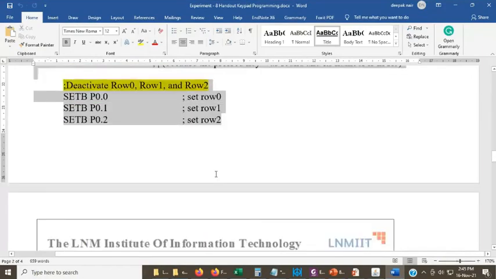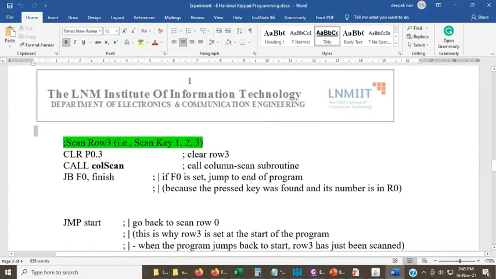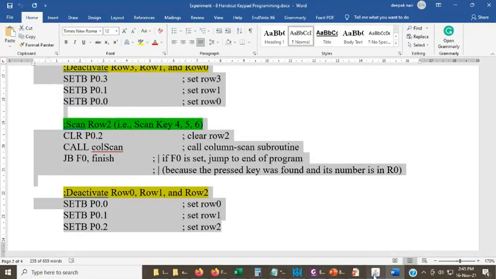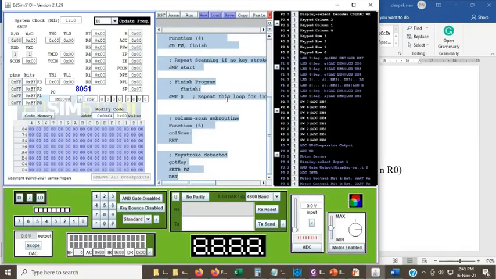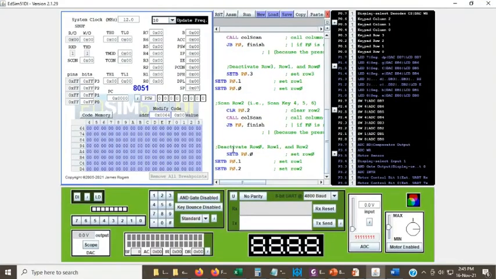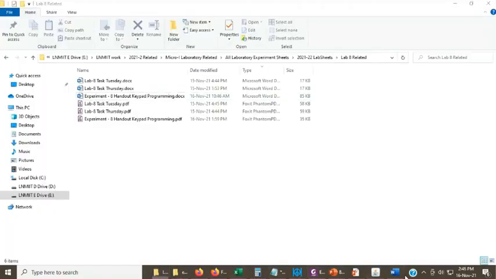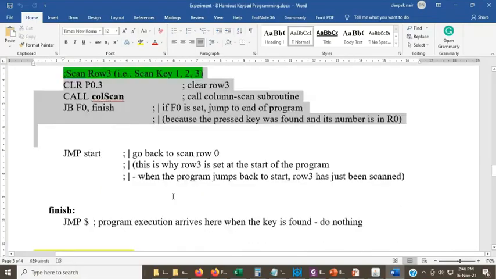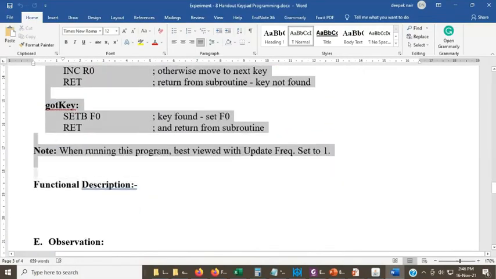Repeat it 2 times, 3 times, so that once you are familiar with the operations, you will be able to write your own program. It will not be that difficult after that. Control A, Control V. And then from here down I will take this part.